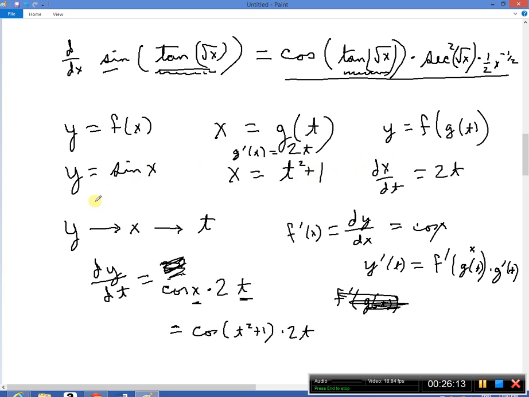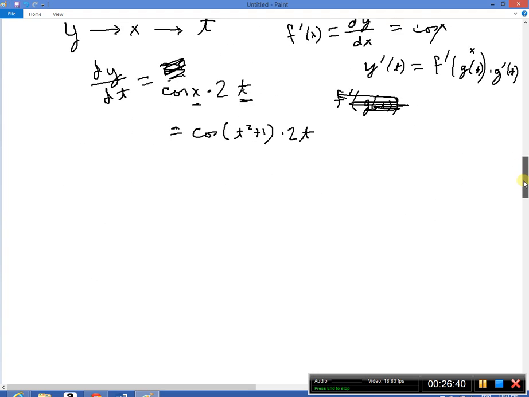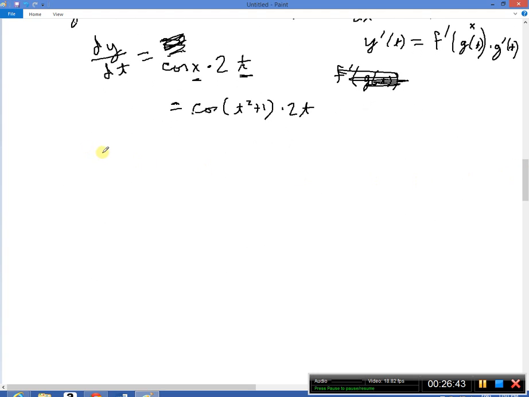So y is really the sine of t squared plus 1. And so yes, it's pretty obvious the chain rule says the derivative of y with respect to t is going to be cosine of t squared plus 1 times 2t. Okay? It's kind of confusing to look at it all this way, and I've made it look more confusing than it is, but it isn't that bad, because if you just write it in this Leibniz form, dy dt,